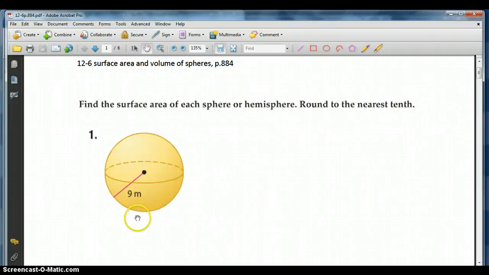Alright, this is section 12.6, surface area and volume of spheres, starting on page 884. Number 1, find the surface area of each sphere or hemisphere. Round to the nearest tenth. So our formula for surface area of a sphere is 4 pi